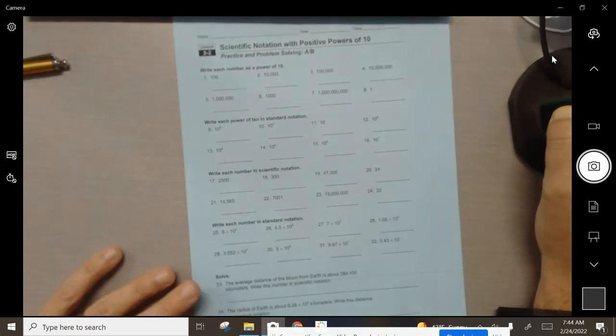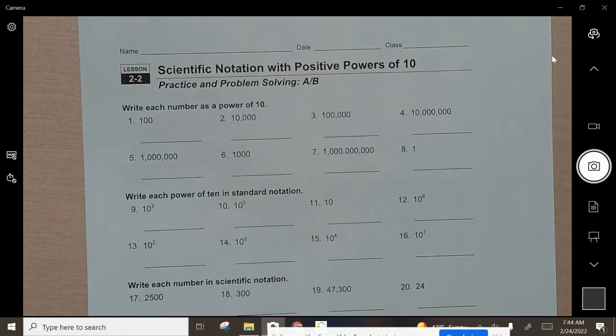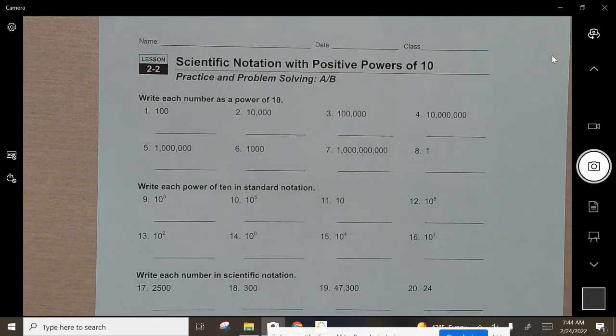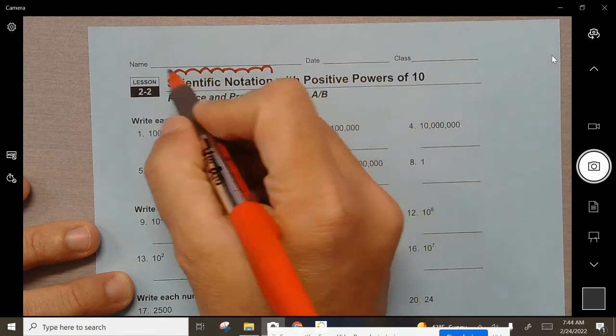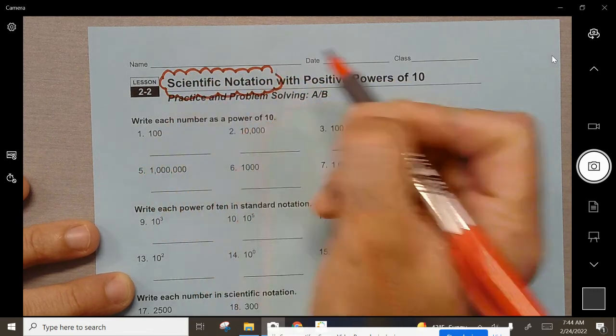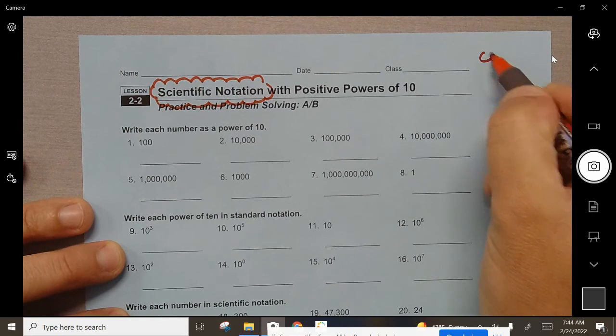Okay, this sheet in front of you, we're going to go through this right now. So as you look through this, let's make sure we know what's going on. This is called scientific notation, and this is what they do. They use this notation to tell you about really, really big numbers, and sometimes it deals with